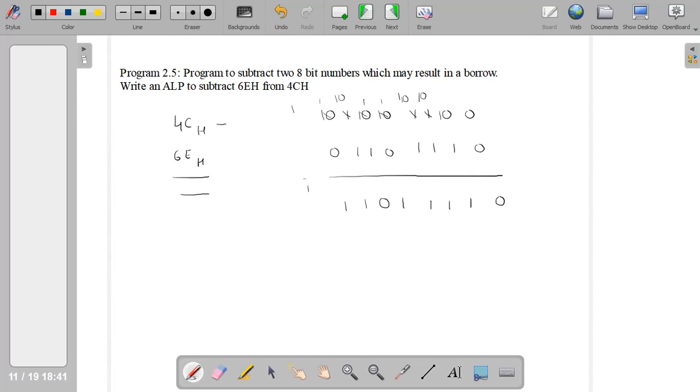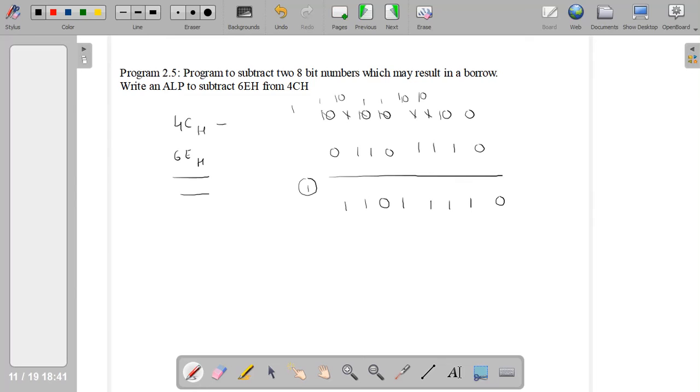So we have the borrow, which implies that 4C is smaller than 6E. So in the program, the 2's complement way of subtraction is used when the subtrahend is greater than the minuend. So we have to find the 2's complement of the result.